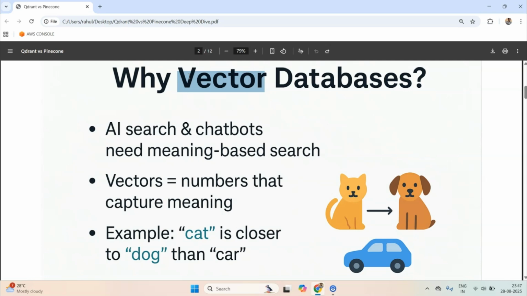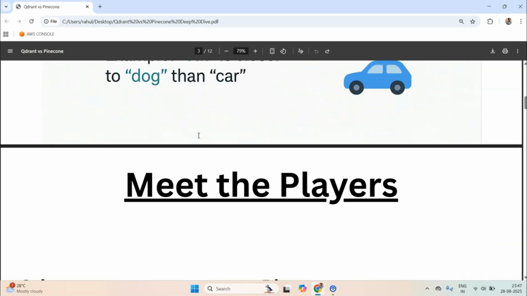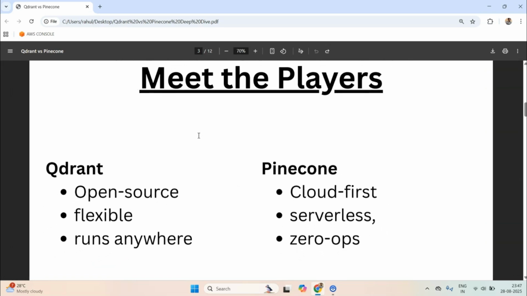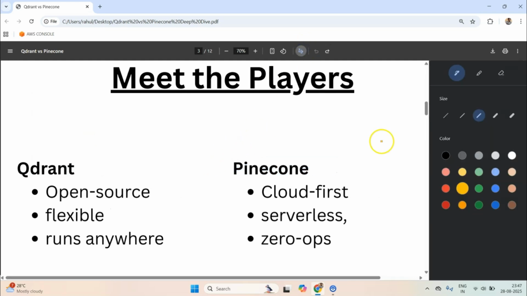And now the question is which one to choose. Currently we are looking at two different players, the first player is Quadrant and the second player is Pinecone. Let's look at some of the features of Quadrant. The first thing is that Quadrant is open source. What do we mean by that?